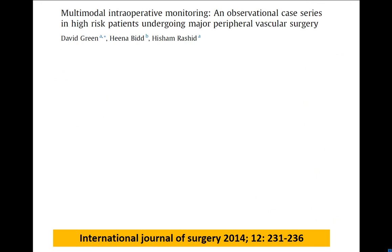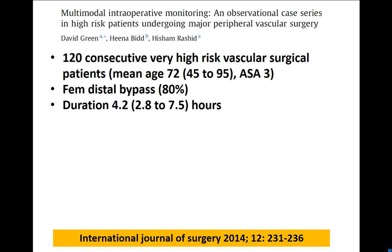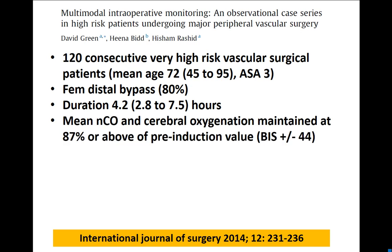Does this strategy work? Well, we looked at basically 120 consecutive very high risk vascular surgical patients. All of them were ASA 3, some ASA 4. I think there might have been one ASA 2 patient. They were about to undergo femoral distal bypass, the vast majority, a very high risk procedure, long duration, with great potential for oxygen debt, obviously. Their mean nominal cardiac output and cerebral oxygenation we were able to maintain at 87% or above the pre-induction